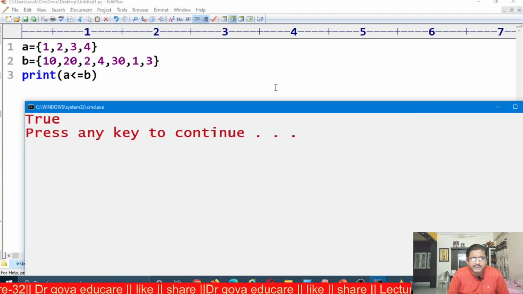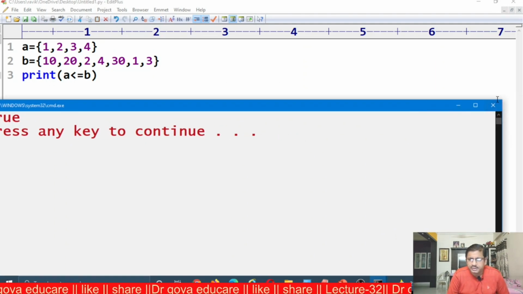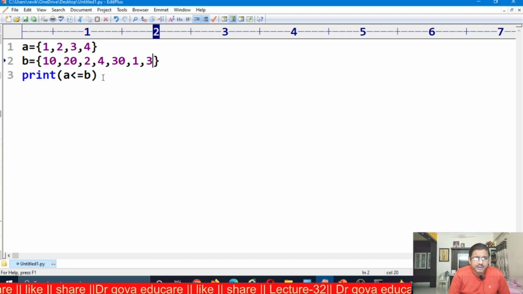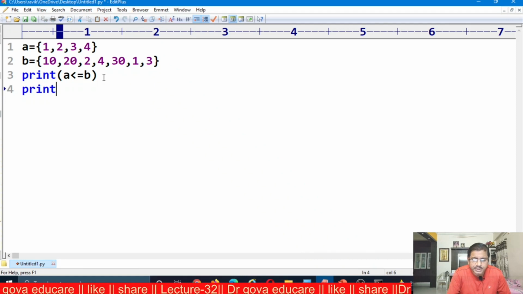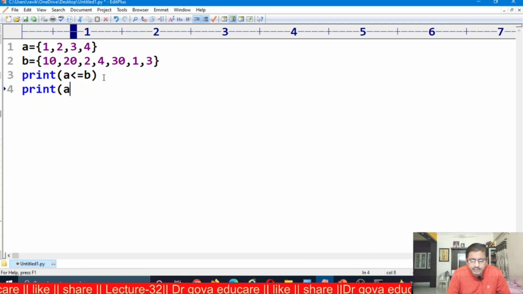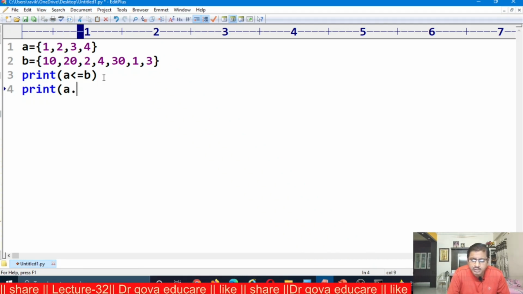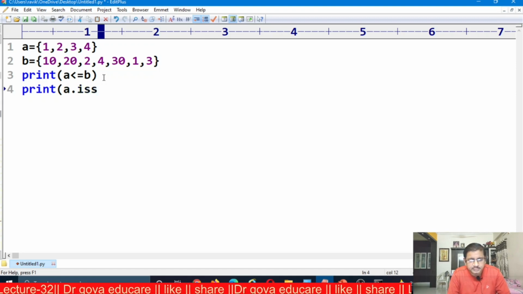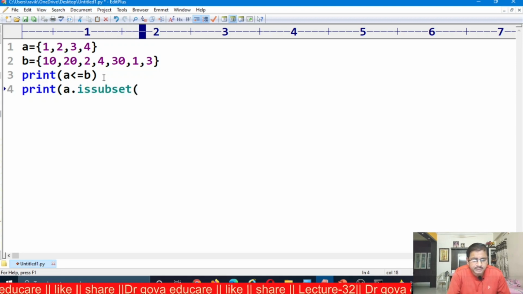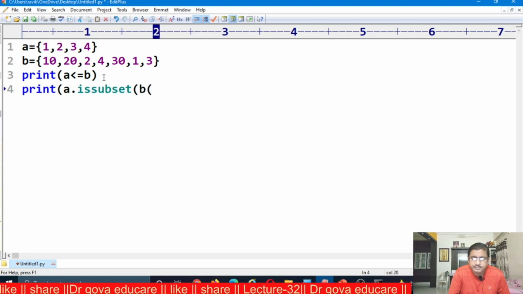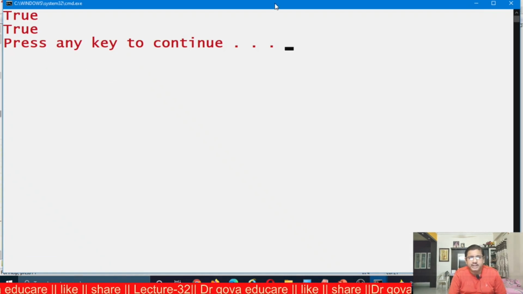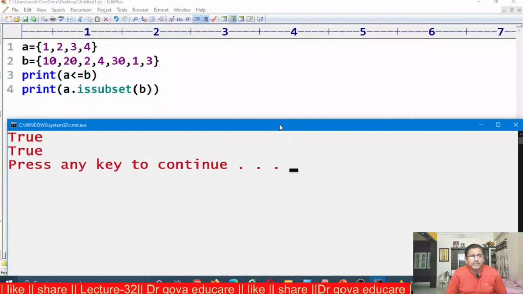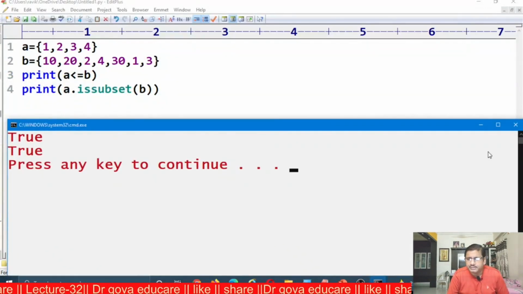That is, A is a subset of B. Now I am using a built-in function: print A dot is subset of B. We get true in both cases. Now A is a subset of B.